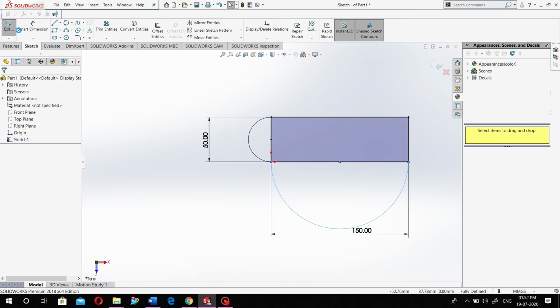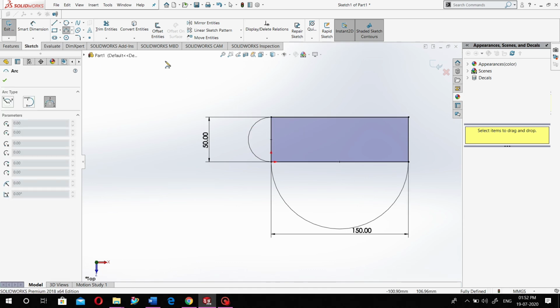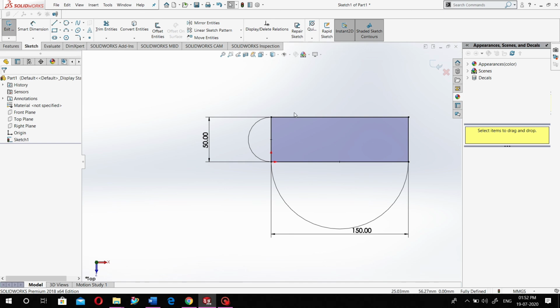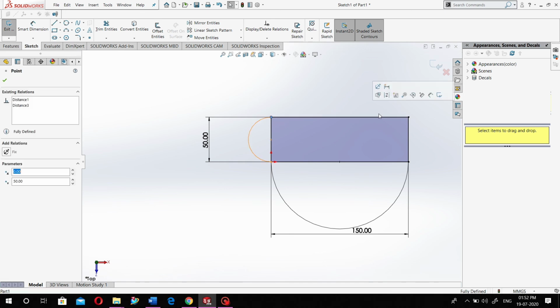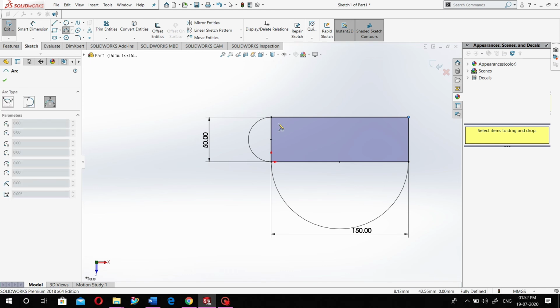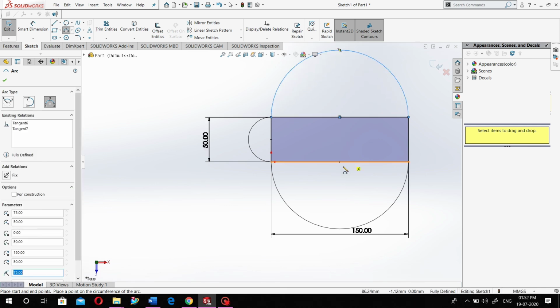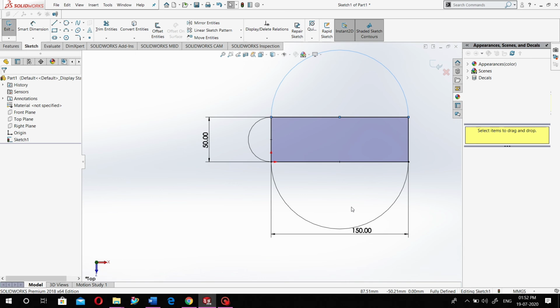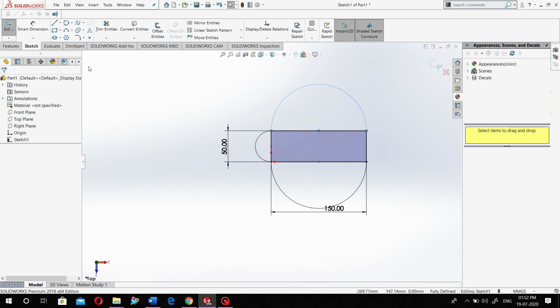Its name itself indicates that this is the 3-point arc. So you have to select the 3 points: the start point, the end point, and the center point, so that your arc is created accordingly.